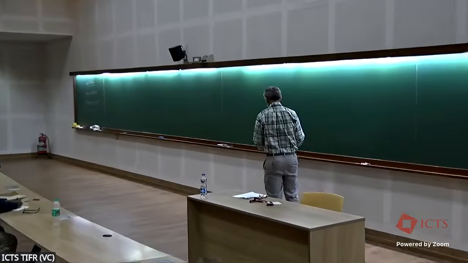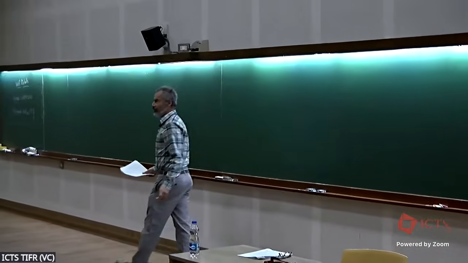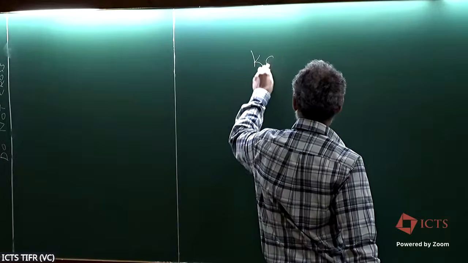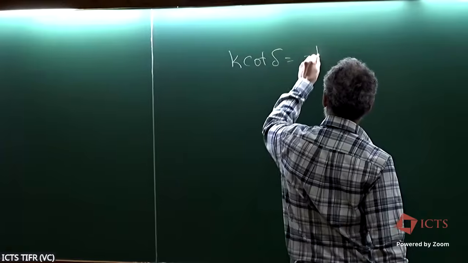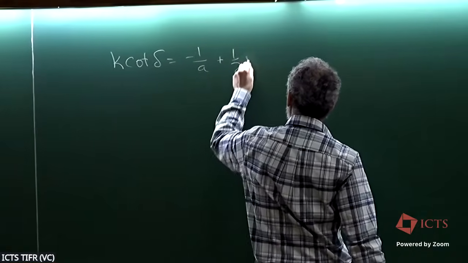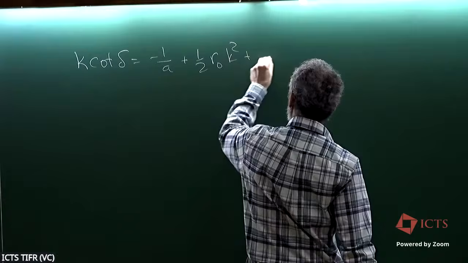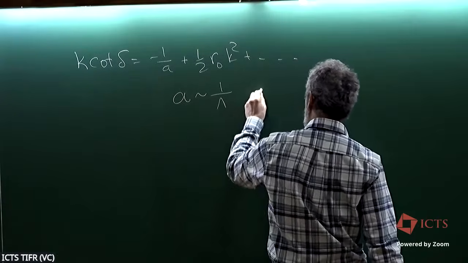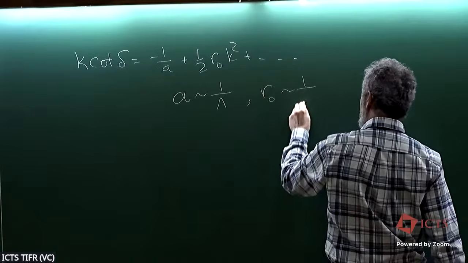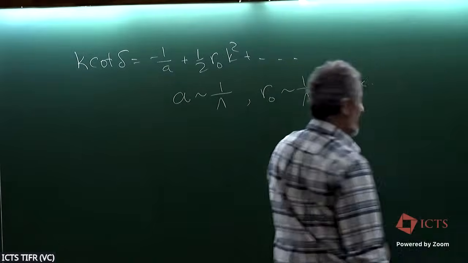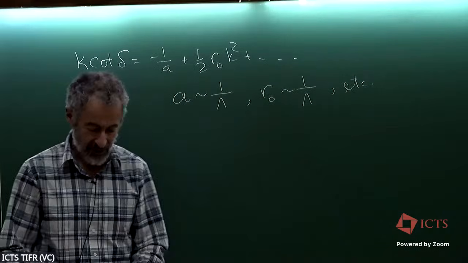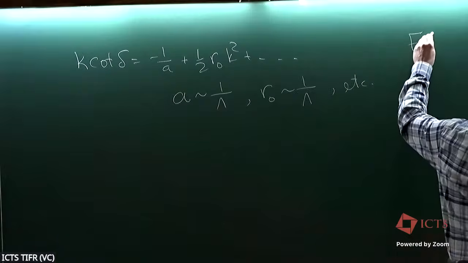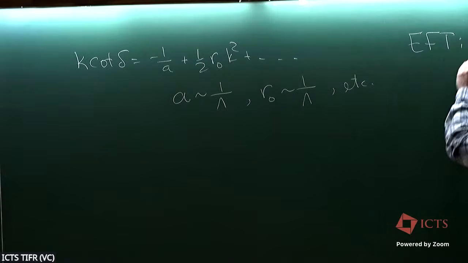Okay, so yesterday, where we left off was that if we have a system where the effective range parameters are all natural size, the scattering length A goes like 1 over lambda, R naught goes like 1 over lambda, etc., set by the scale of the potential, then we found that in the effective field theory,